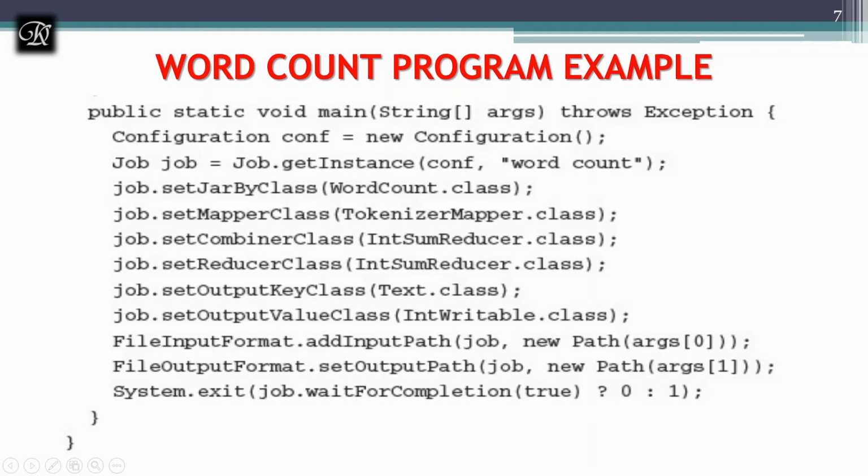And this is the driver program, what we call it. You might have heard while discussing your Java programming that the class which has a main is called a driver, because it's going to be the starting part of the program and it is going to start the execution process. So driver means there is nothing very different we are going to do. It's just a class which has a main from where the execution begins.